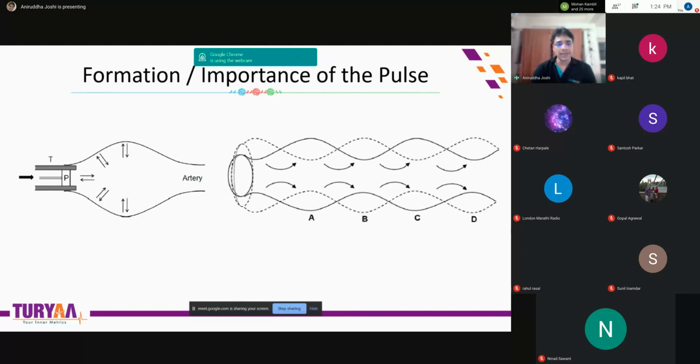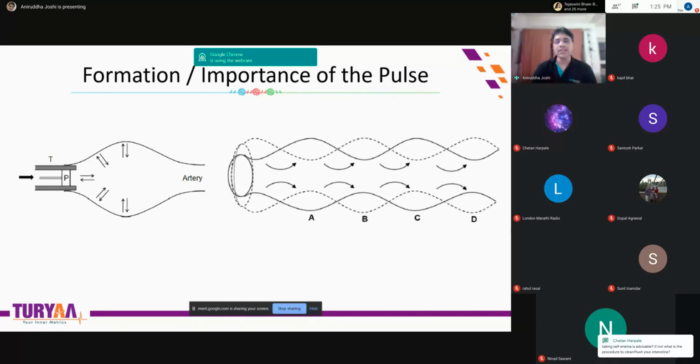So on the left hand side you can see there is a pump, which is basically your heart. The heart is doing the pumping action continuously, and you have the aorta first. Let's assume that all arteries are connected there. So when the pump pushes the blood the first time, because the artery is flexible, it expands. You can see on the left hand side. But because it is flexible, it comes back to its original shape. And because it is coming back to its original shape, the second portion now works as a pump and pushes blood further and so on.